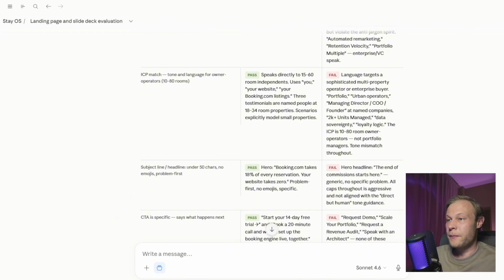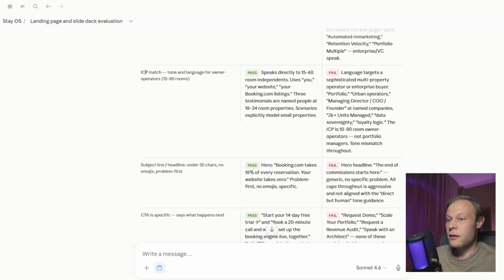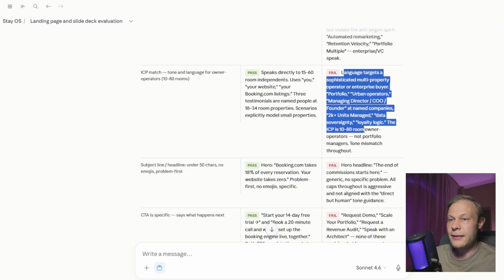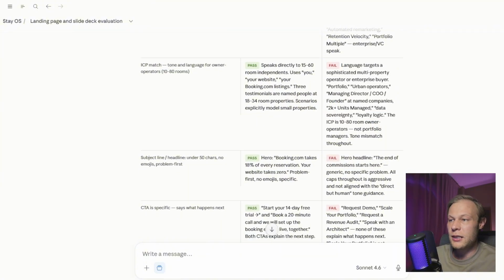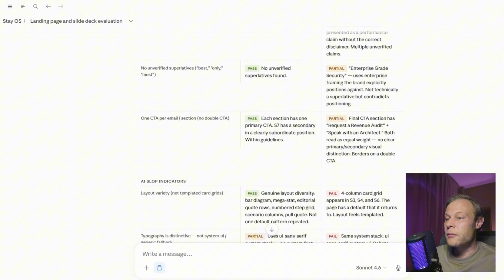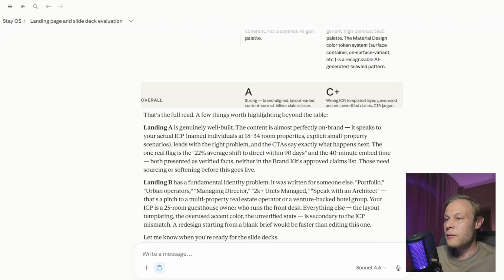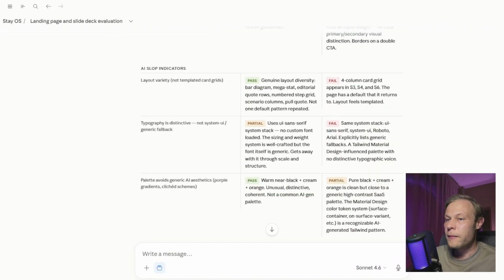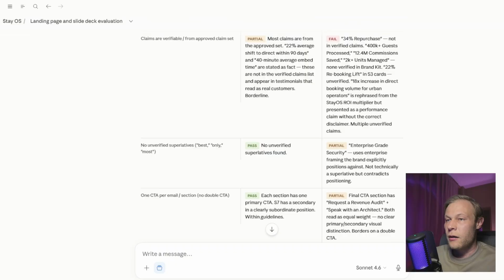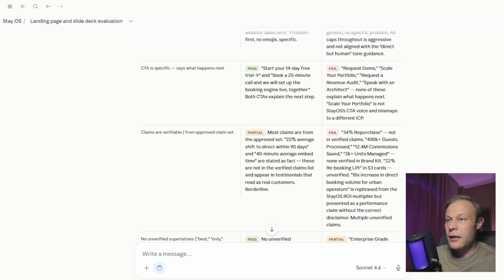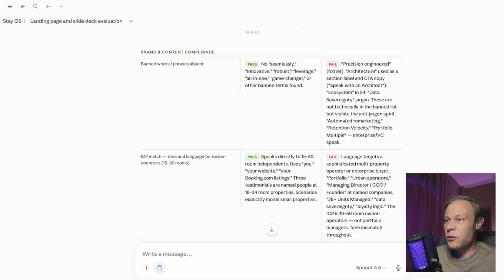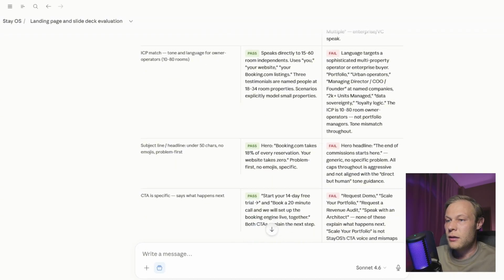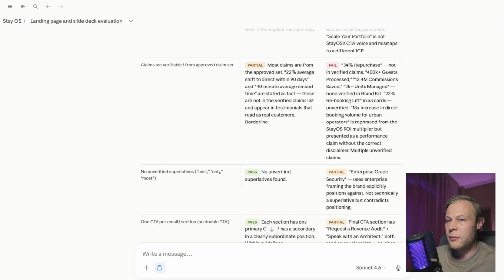And ICP match, pass. And here actually it's a different language, so for this reason, yeah, like all these things about content, like subjects, CTA, claims and so on,